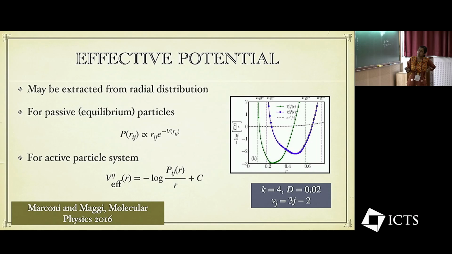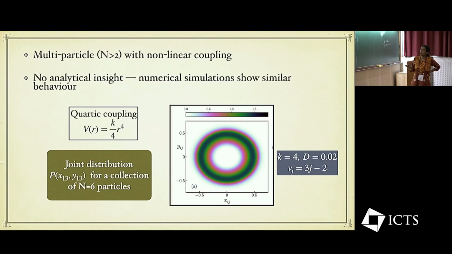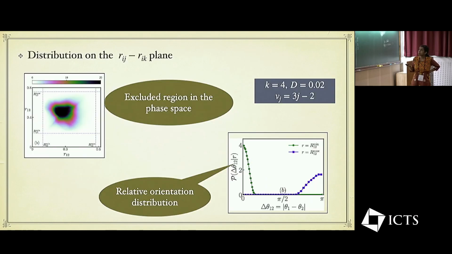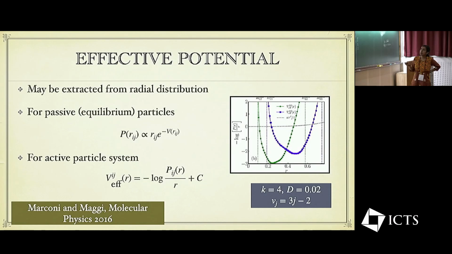So we extract the effective potential for each ij pair, and here we show this for two pairs, I think first 1, 2 and 1, 3, and we see that the effective potentials go to infinity near R min and R max, so these regions are inaccessible, and they have a minimum somewhere in the middle. This minimum corresponds to this band here, and for each pair the effective potential is different. And just to give you an idea, this dashed line here is the original quartic potential,